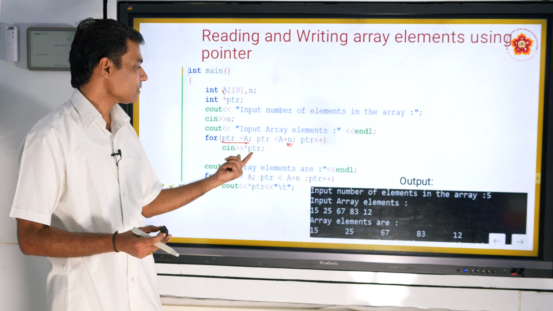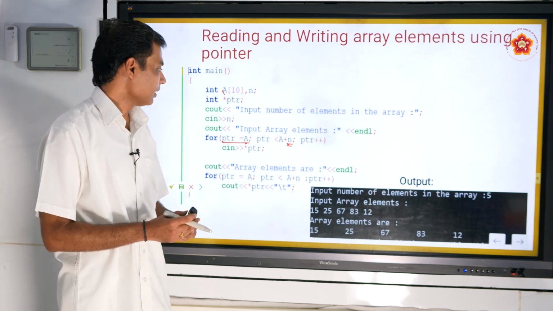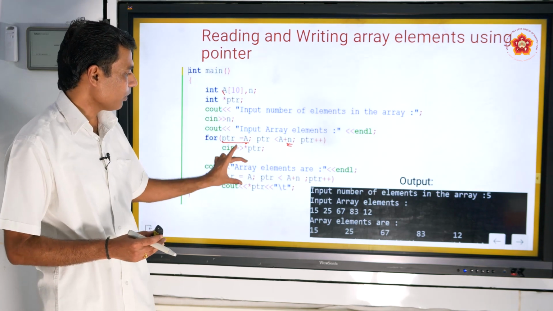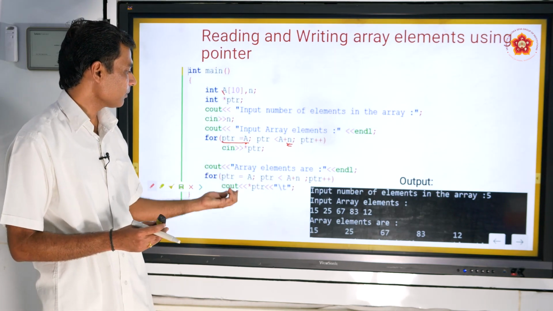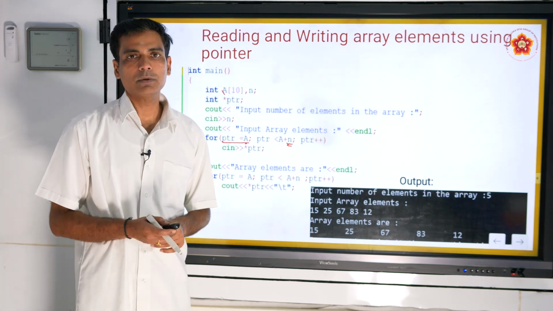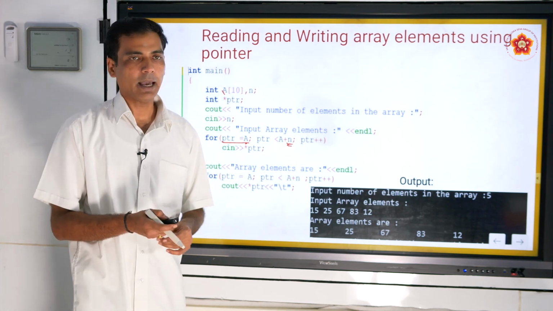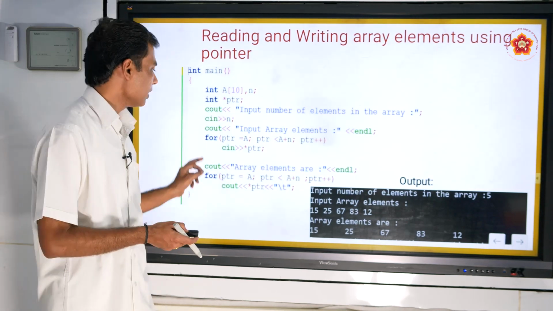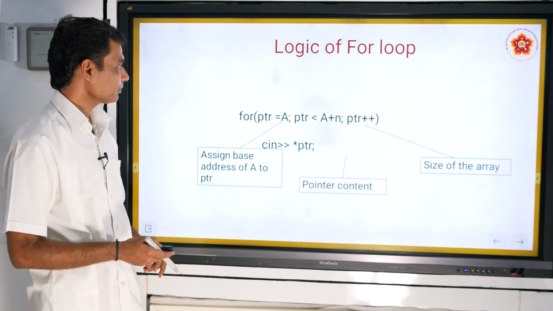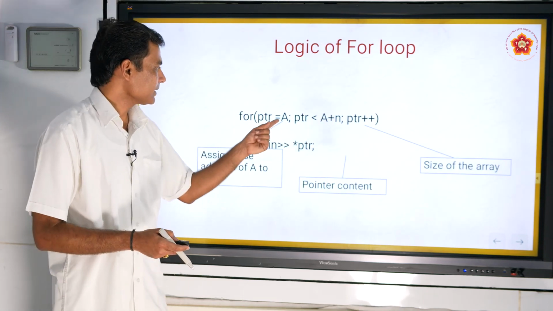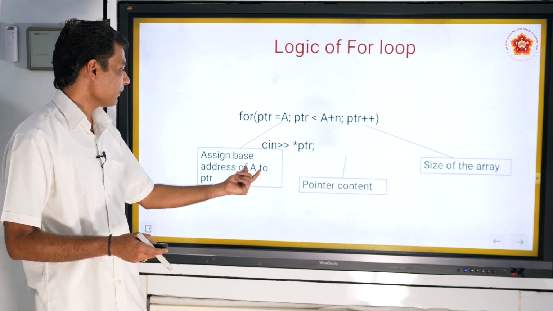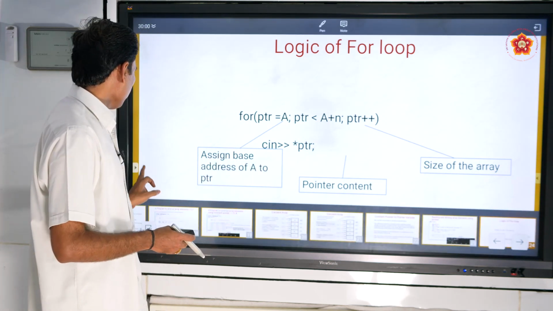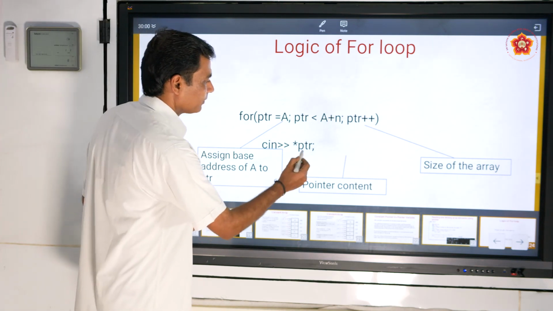Here, by using the dereferencing operator, I am storing the values at those particular memory locations. And the same for loop I am using here, just instead of the cin statement I am using the cout statement to print the contents of the array. So just take a closer look at this particular part of the program. What this does is assign the base address of a to ptr, and these are giving the contents of the array.